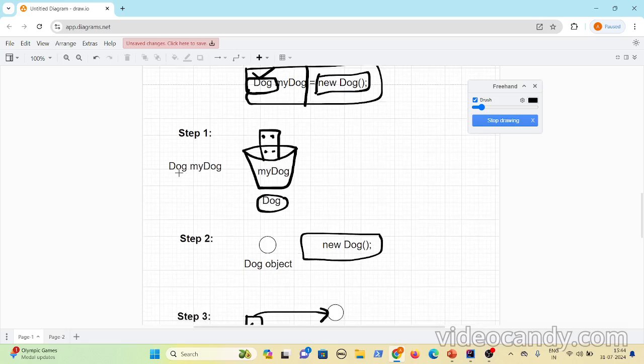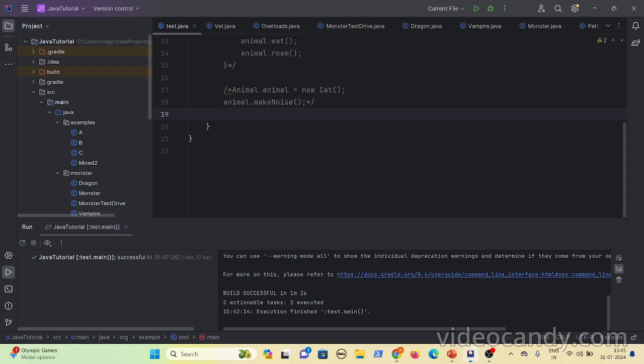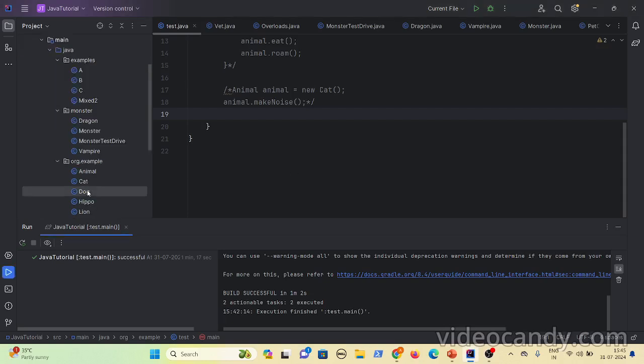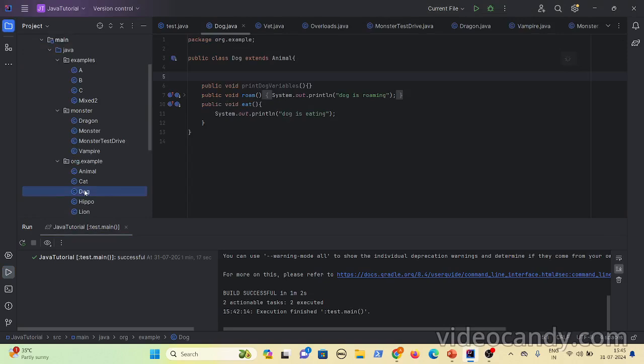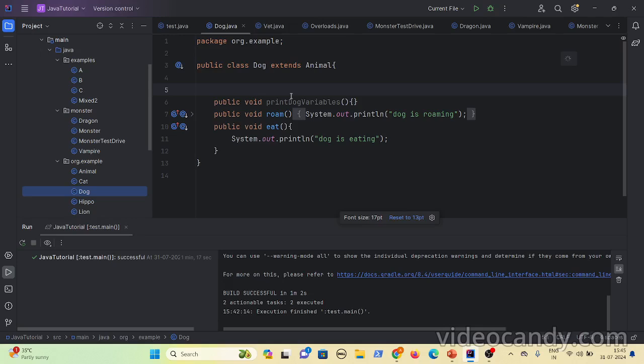So let's say here you see this reference variable is of type dog. As soon as you declare this reference variable, there will be a holder that gets created which will hold only dog reference variables. See, this is of type dog. This holder only holds reference variables of type dog. What is there in this reference variable? As soon as you declare a reference variable with any type, it will go to the type. So here you have declared a dog reference variable, right? It goes to the dog class, and inside the dog class, whatever methods are present. Let's say inside the dog you have three methods that are present.